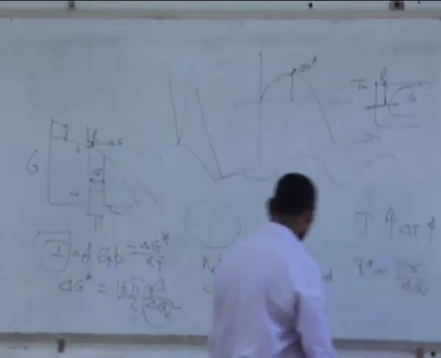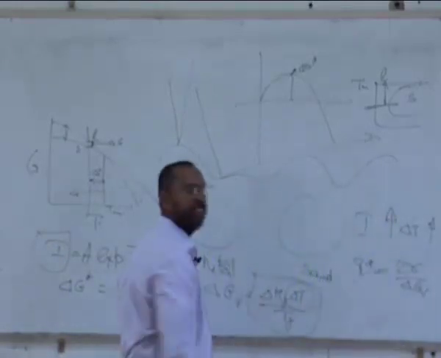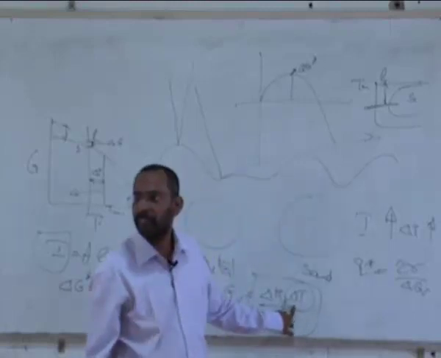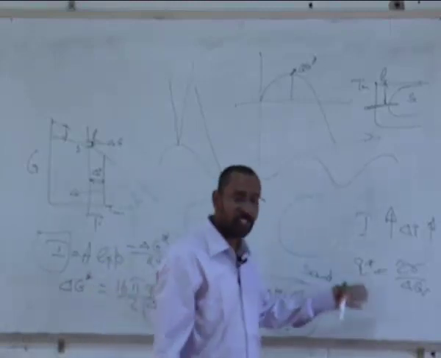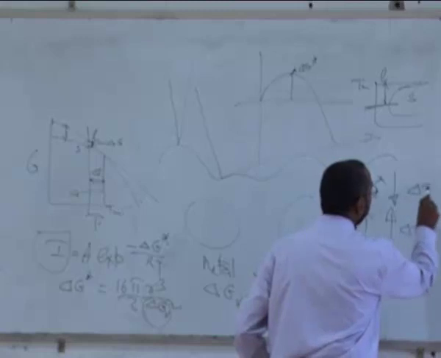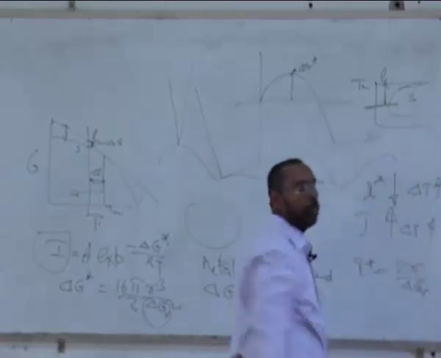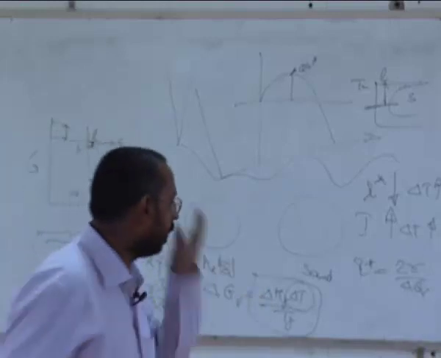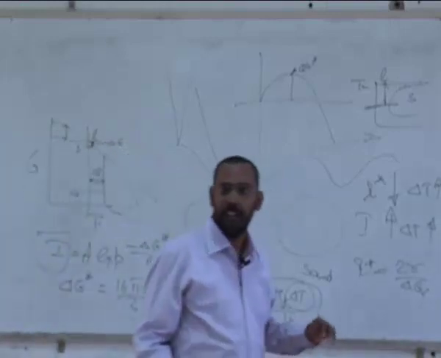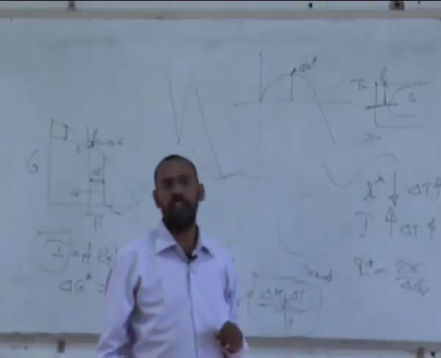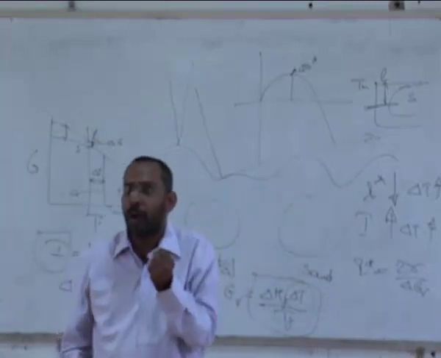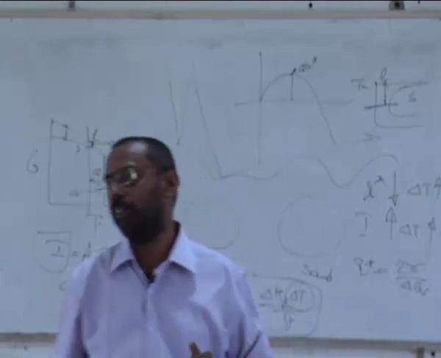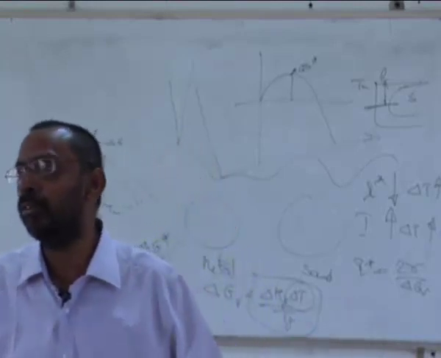And because the delta G is this equation, you can see R star is inversely proportional to delta T, right? So the R star decreases as delta T increases. Again, within that domain. If I come below that, I cannot use this. There are difficulties. The reason is, at very small temperatures, for the R star to form you also need atoms to come together. Atoms do not want to move much. As a result, you will not be able to see.